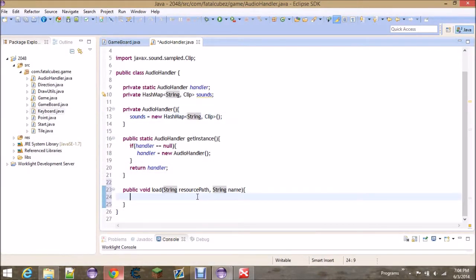This is stuff that you'll never have to rewrite or really understand, actually. It's one of those times in code where you just need to know how to do it. But anyway, the first thing we're going to do is locate the resource. So create a URL called resource and set it equal to AudioHandler, the class,